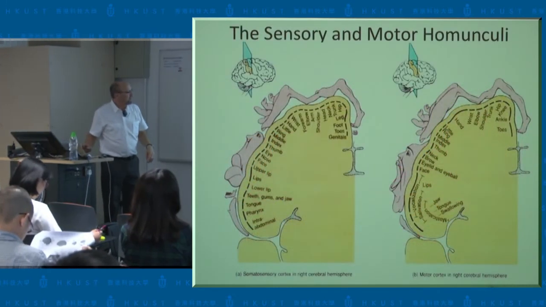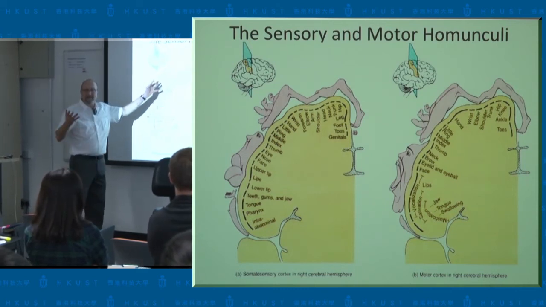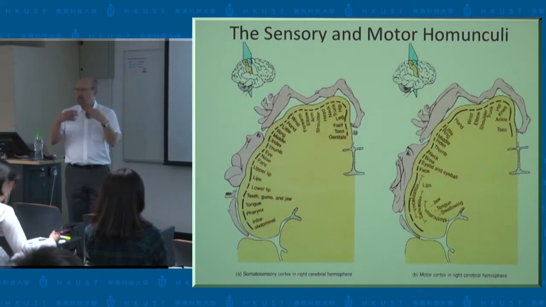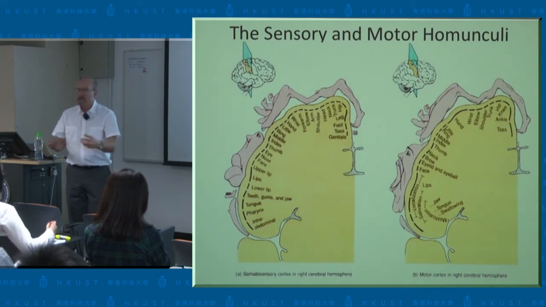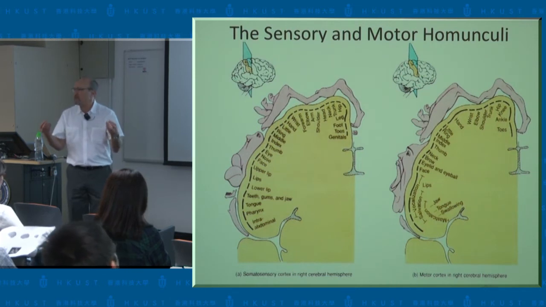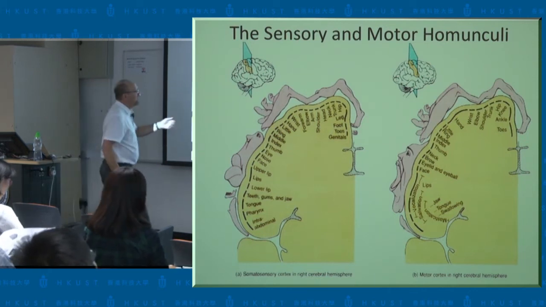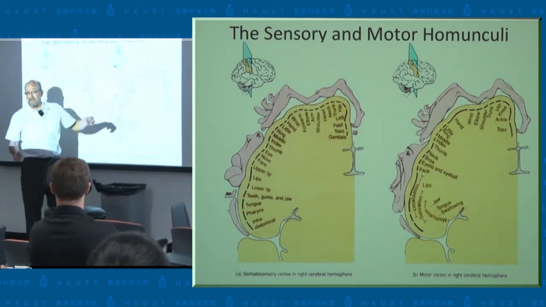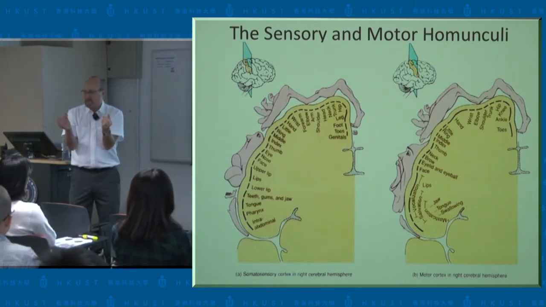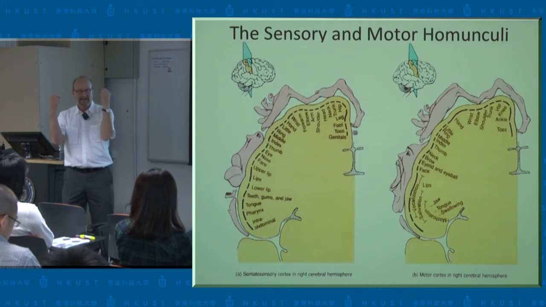So now, here again is the somatosensory and motor. Notice they're not very different. That is, the amount of brain volume you devote to sensing a particular function is not very different than you would devote to controlling it. For obvious reasons, your hands occupy a very large fraction of your cortex. We are very focused on our hands as our primary tactile sensory organ, and it has an amazing